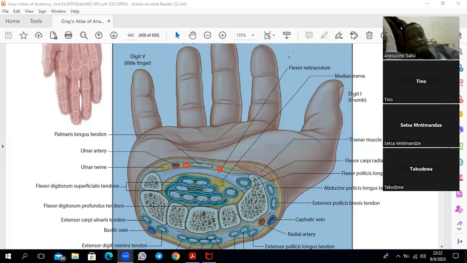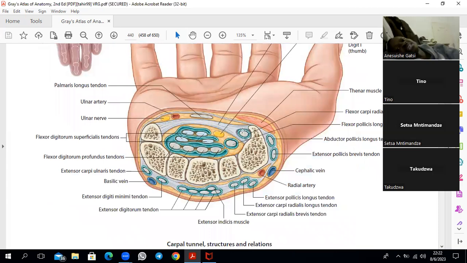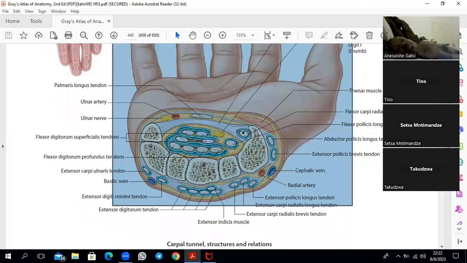Then when you go to the extensor retinaculum, I forgot to mention the attachments of these retinacula. So if you just remember, you couple bones, right? The most lateral in the proximal row and the most lateral in the distal row. Then the most medial,